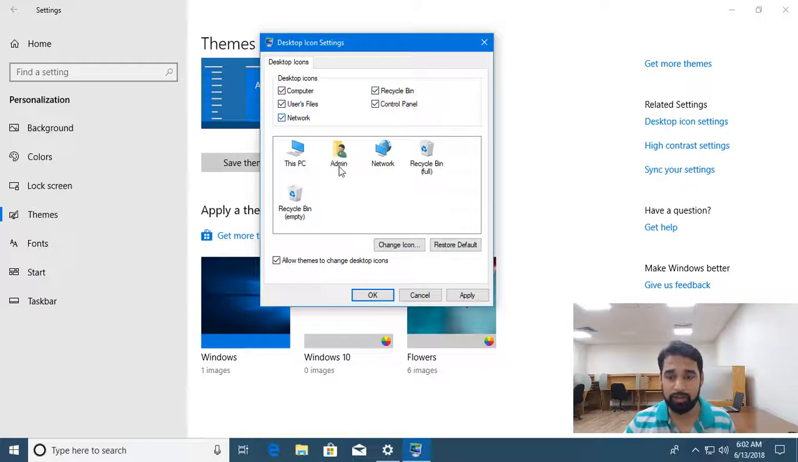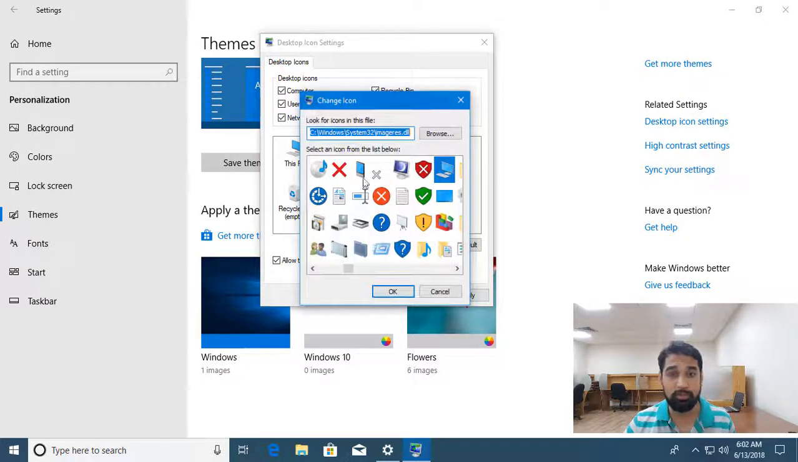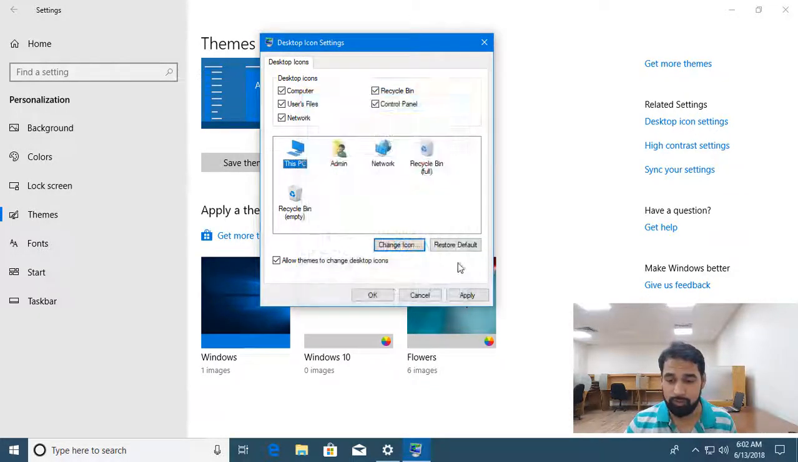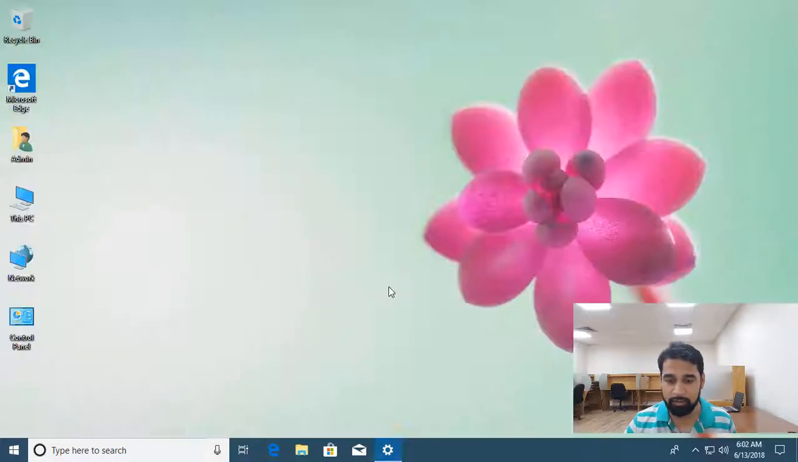So all the different icons you can add to the desktop. And if you want to customize them, you can select them and choose which icons. So if you want to change and have a different icon, you can choose from here. So these kinds of customizations we can do, and let's apply, OK, and you can see on the desktop now